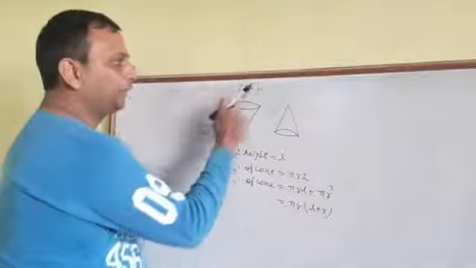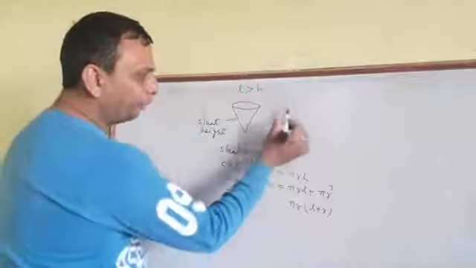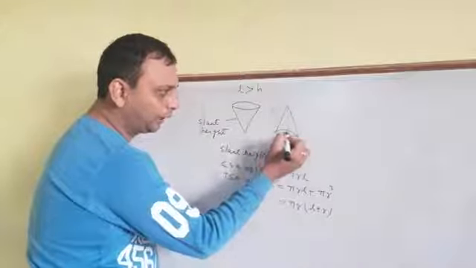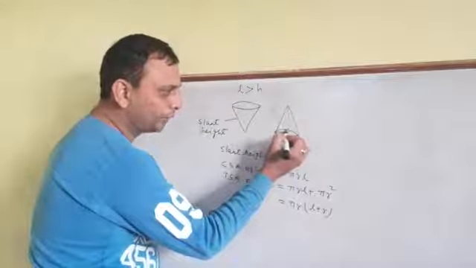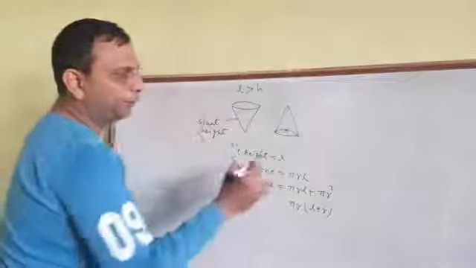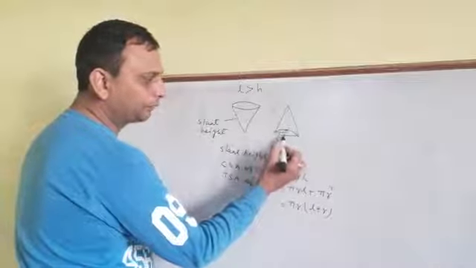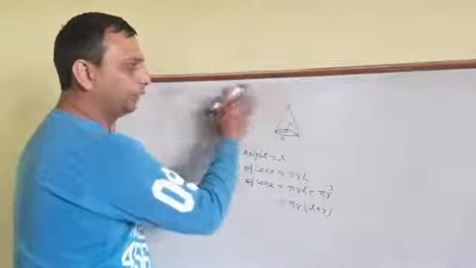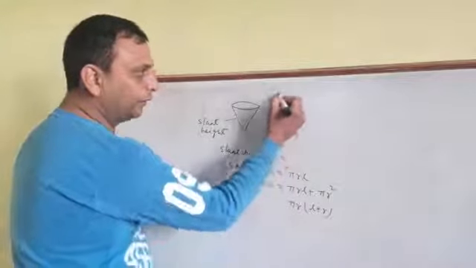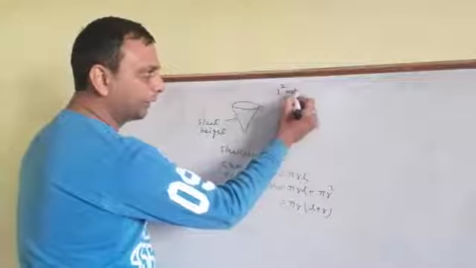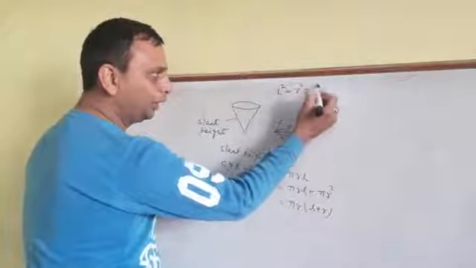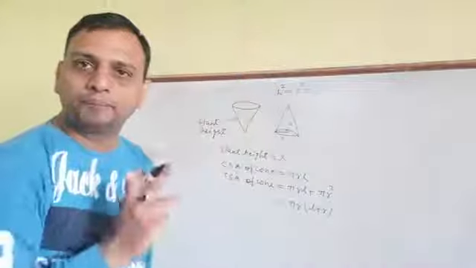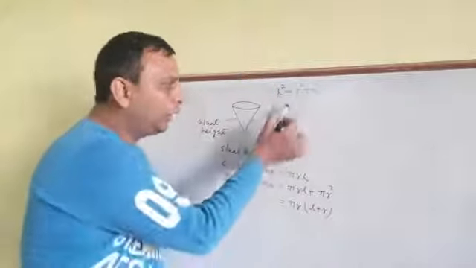Now, suppose the slant height is not given. We have to make one line here, and this line will join to this line. This is the right angle. The slant height we have to calculate. What do we have to do? This is the radius, and this is the height. So the formula for slant height, you have to remember this formula. It is a right angle triangle. So l square is equal to h square plus r square. That means the slant height is the square root of the radius square plus the height square. How did it come? Because I had made one figure here.